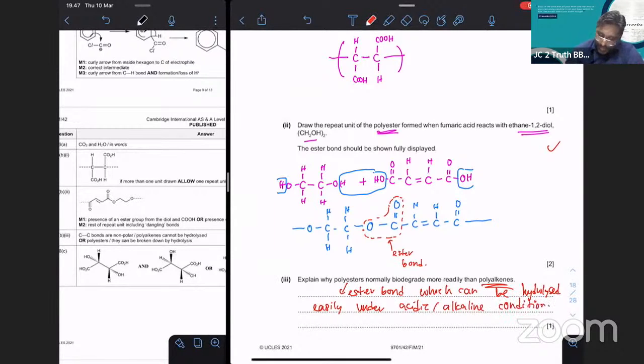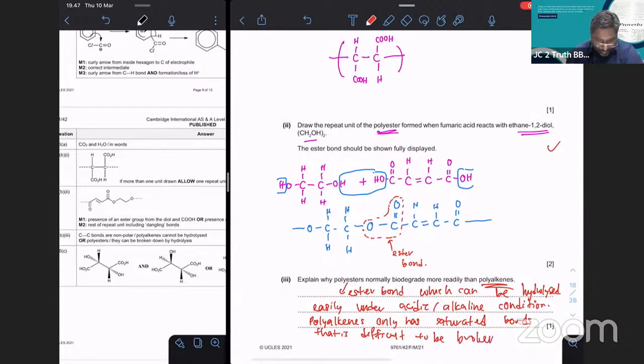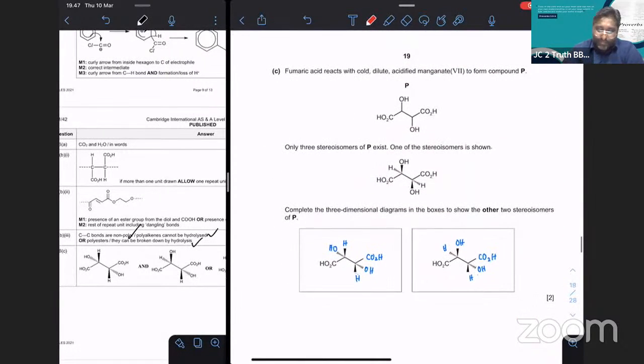And then polyalkanes only have saturated bonds that are difficult to be broken or cannot be hydrolyzed. So they actually mentioned non-polar cannot be hydrolyzed. Polyester can undergo hydrolysis. So I think the best answer is the polyester can undergo hydrolysis. Done. Now fumaric acid reacts with cold,